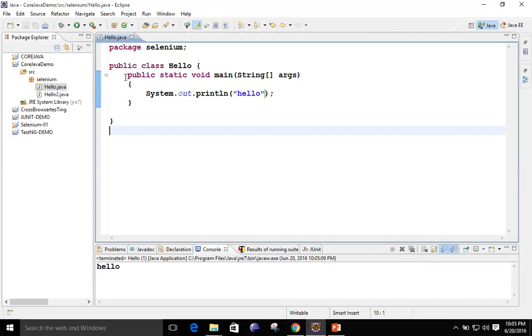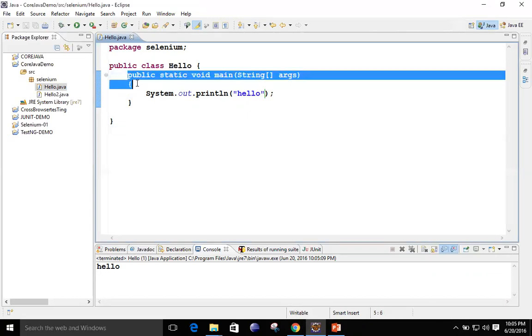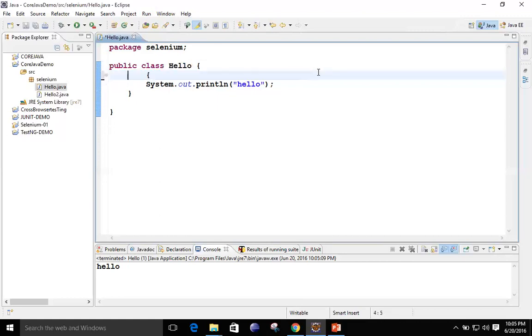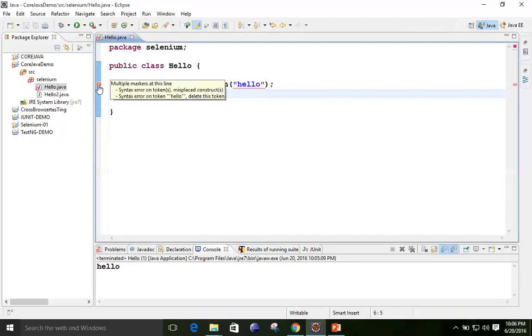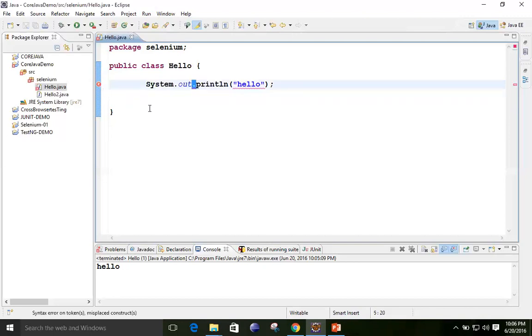What is the main thing you need to see over here? This is the main method. If you don't write this main method, is there a possibility that your code is going to work? If there is no main method, will it run? No. You can see without the main method it is pointing it out and giving you a message that the main method is not present, and it will give some other kind of message.